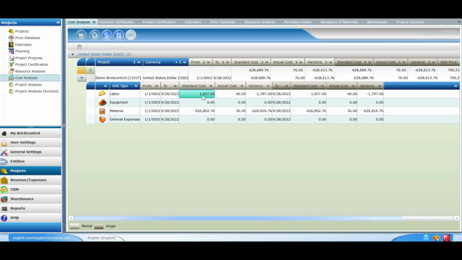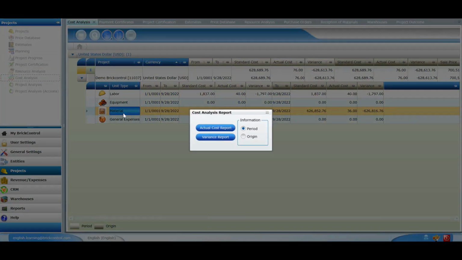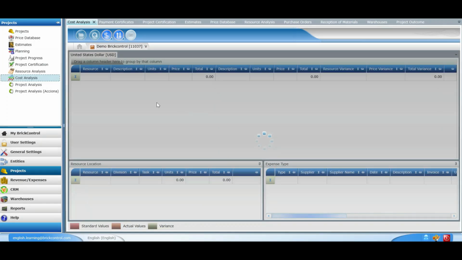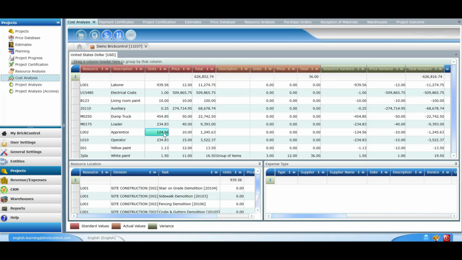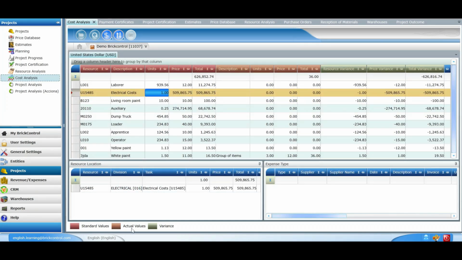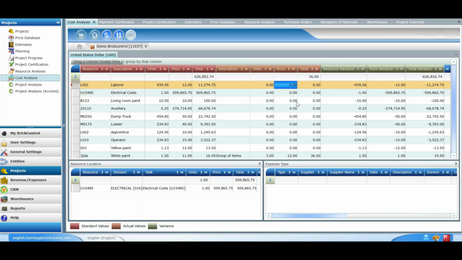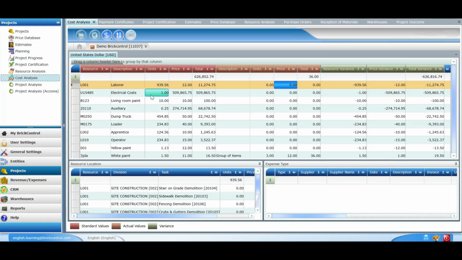If we want to take a look at the deviation analysis report, we simply have to double-click on one of these items and a pop-up window will appear. The next thing we have to do is click on the Variance Report button. In the following screen, we can visualize all the items we have promptly added to the project progress. As you may have noticed, in the columns related to the actual values, there's almost no information. You might be wondering why this has happened. Well, the reason it occurred is because we didn't add any actual cost to these items, except for the white